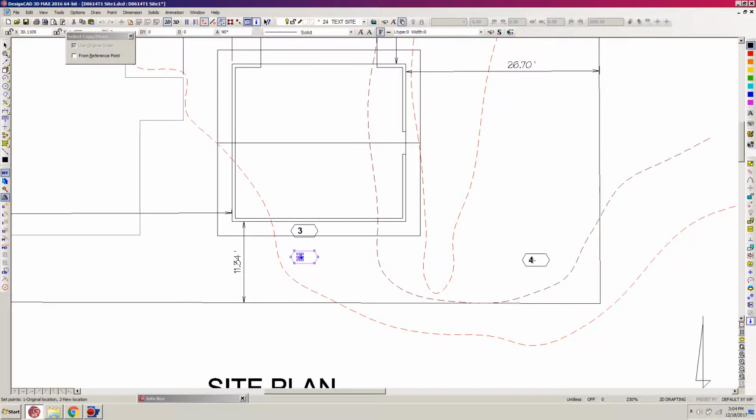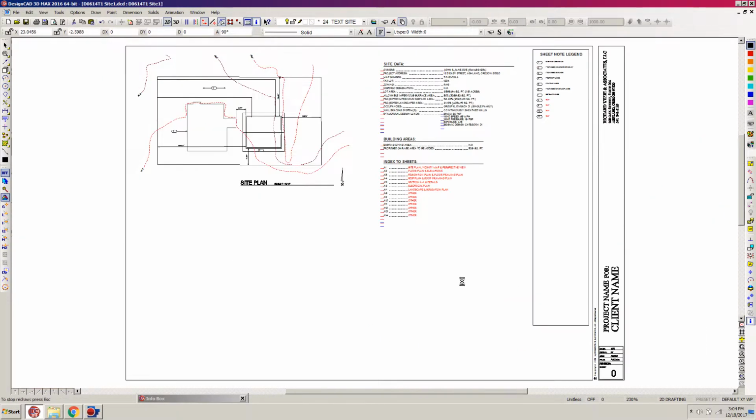I'm going to scoot over here to this corner, hit Control W, and then hit N so I can duplicate it, because I want to point to actually all 4 property lines so they can tell easily what are the property lines. I'm going to zoom back up to the garage